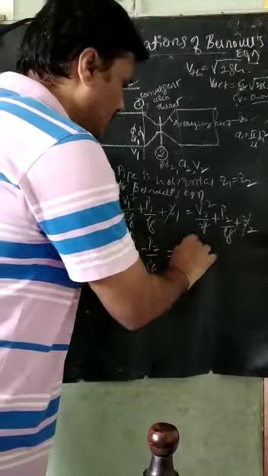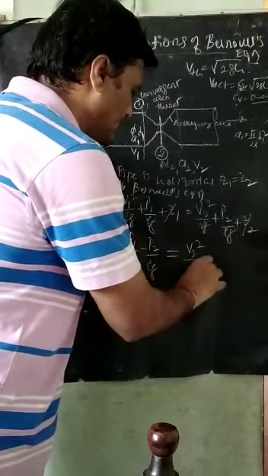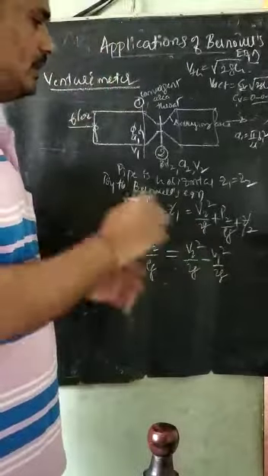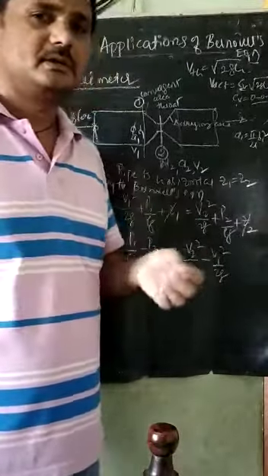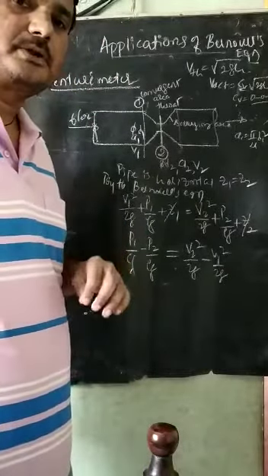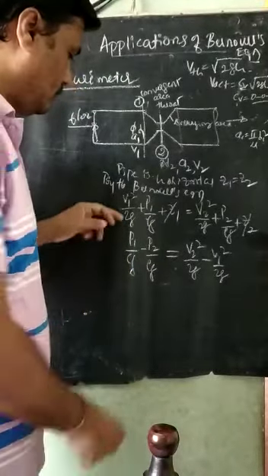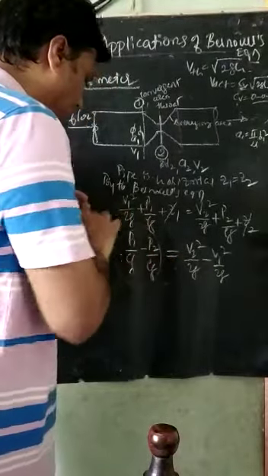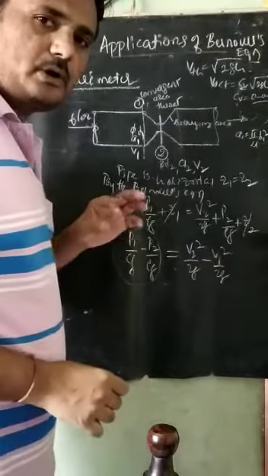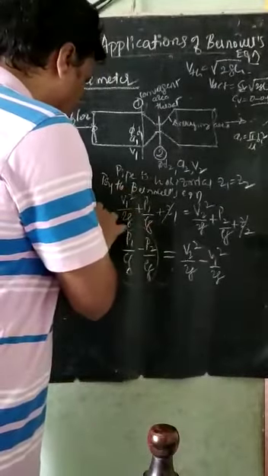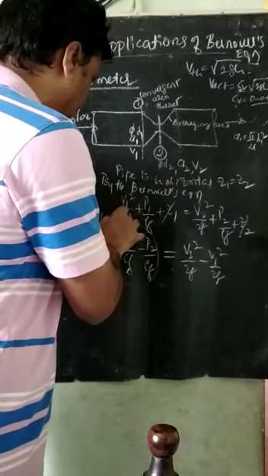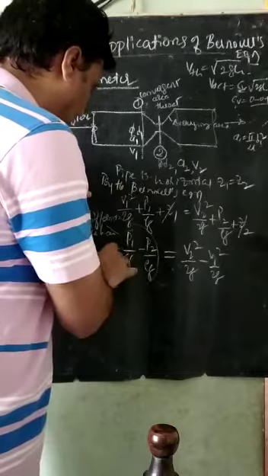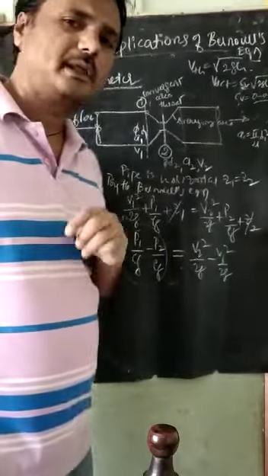This is equal to P2 square divided by 2g minus P1 square divided by 2g. I will rearrange the LHS and RHS terms in terms of pressure head and kinetic head. This total is called the differential pressure head, as we have seen in the pitot tube derivation also. So this can be called as small h.